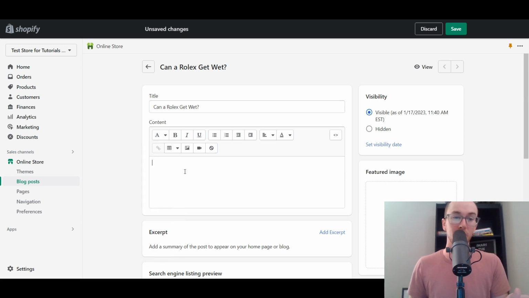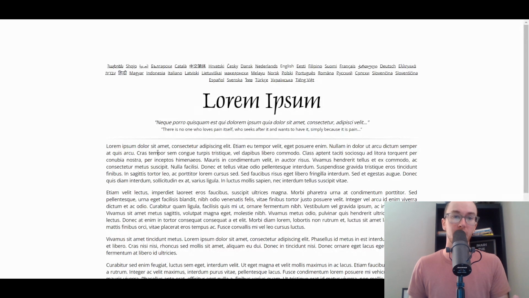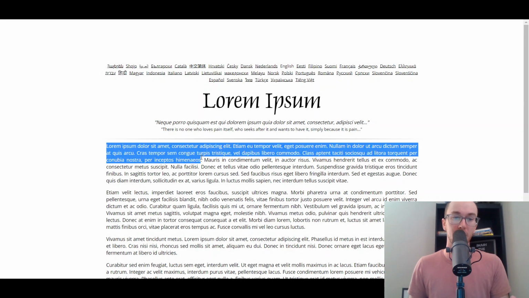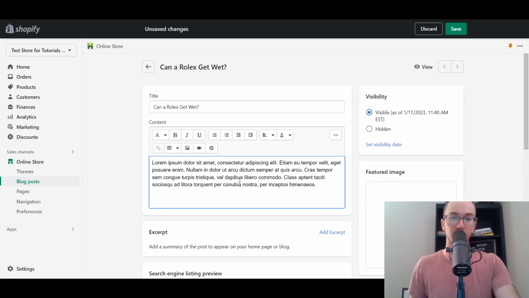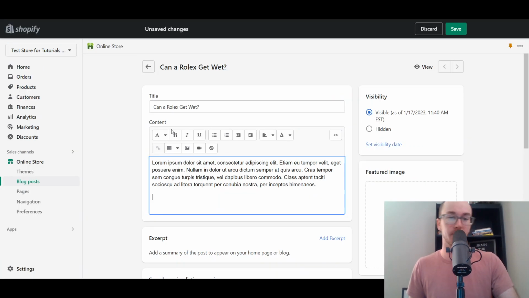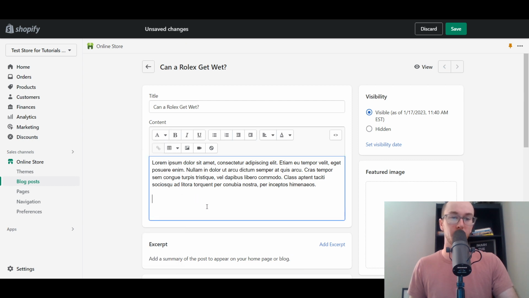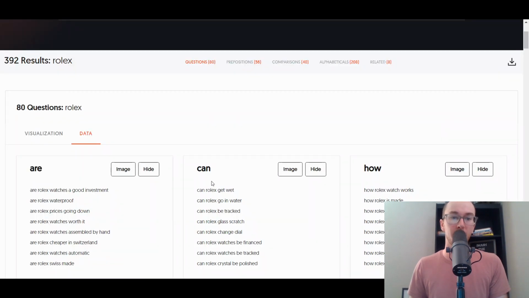Typically, maybe we do a little bit of an introduction first. So we're going to go over here to lorem ipsum. We're going to copy just a small bit of text here for that introduction section. Then we're going to hit enter. We're going to go with heading 2. So maybe that's, can a Rolex get wet? Maybe you provide a little bit of an answer there in the introduction. Then we're going to answer,